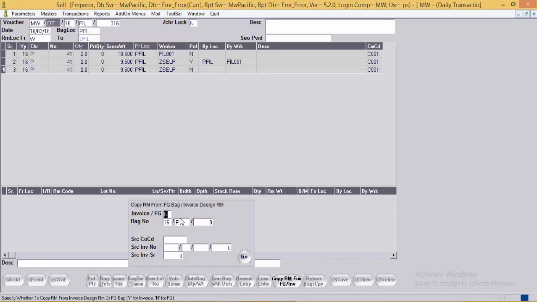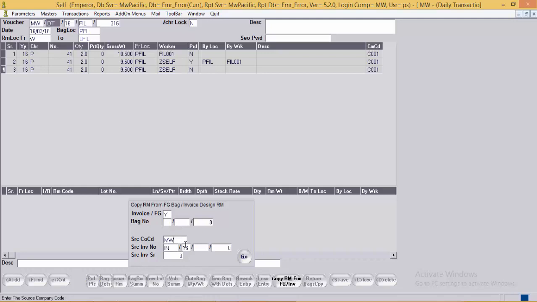Or user can mention that the RM should be copied from the invoice. So the option over here to be selected is yes, that is user wants to copy from the invoice.